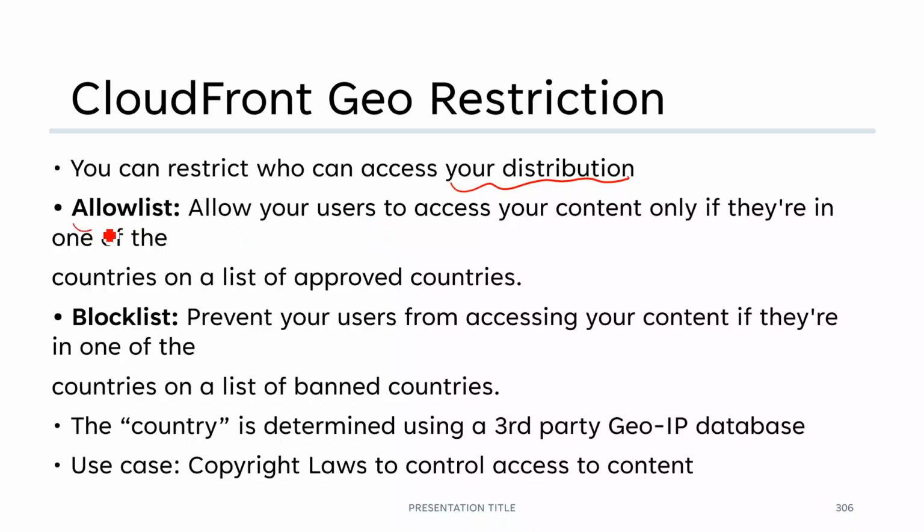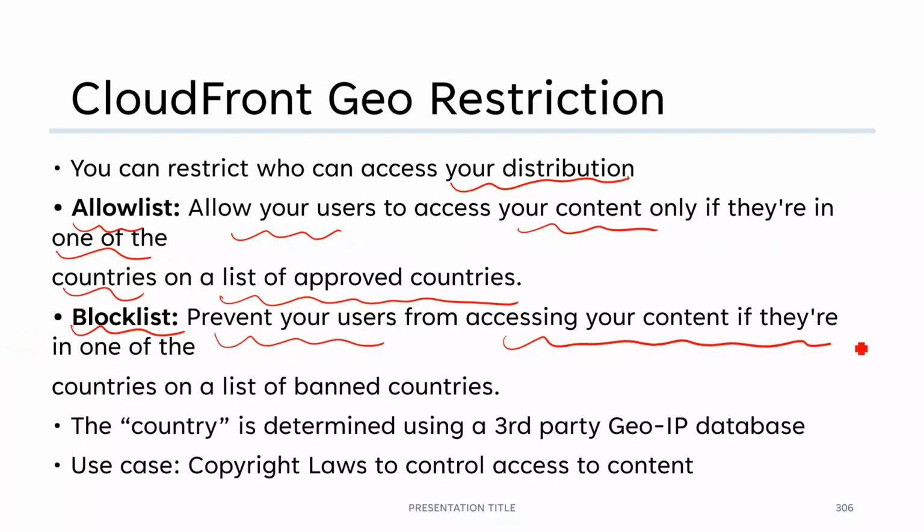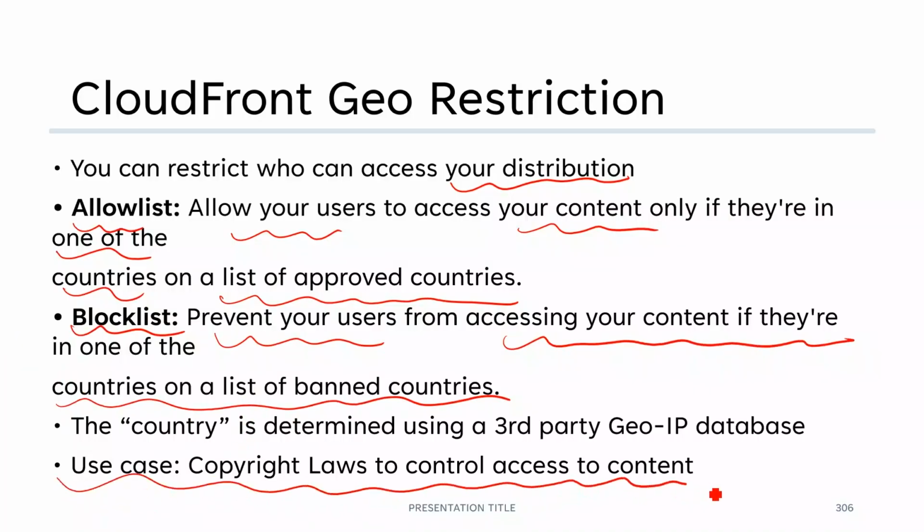So it has an allow list, which allows your users to access your content only if they are in one of the countries on a list of approved countries, or there is also a block list, which prevents your users from accessing your content if they are in one of the countries on a list of banned countries. Use case: copyright laws to control access to content. Now I can show you an example